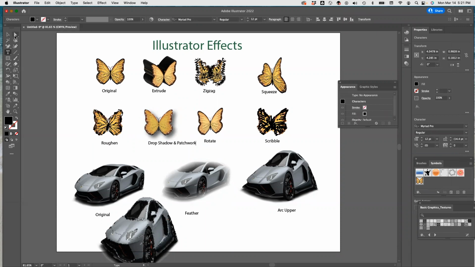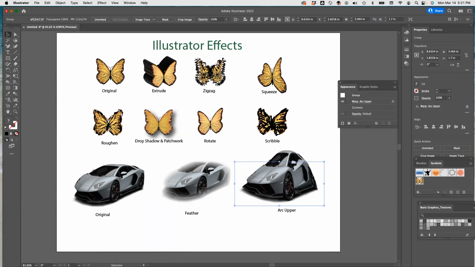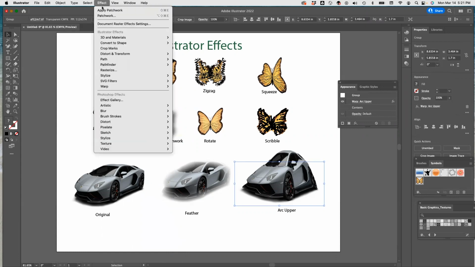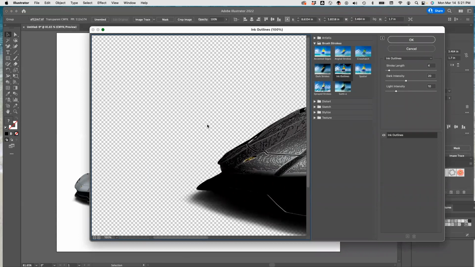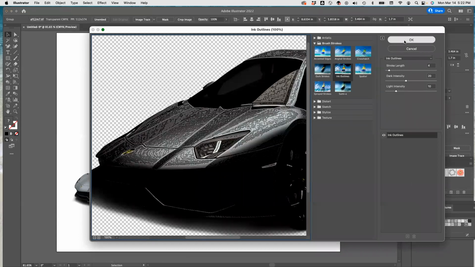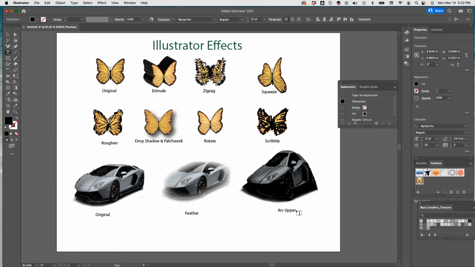Okay, so if you want to try both an Illustrator effect and a Photoshop effect, just write it down here. So I'm going to delete this one because we have too many now. I'm going to take this one and I'll put a Photoshop effect on this. I'll do the ink outlines. And this is what it is doing. I'm going to say, okay. And this is going to be arc upper and